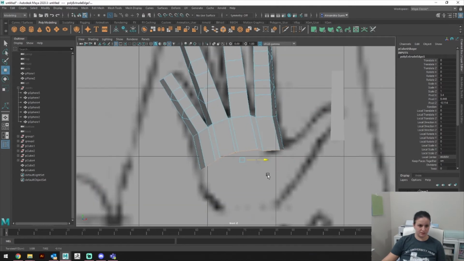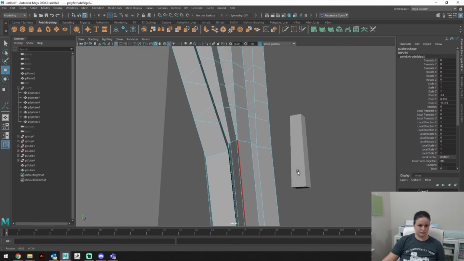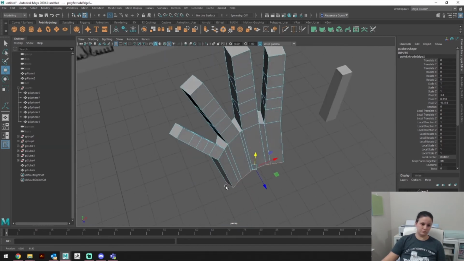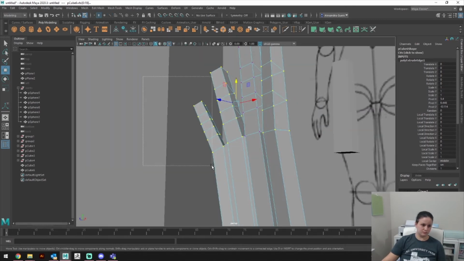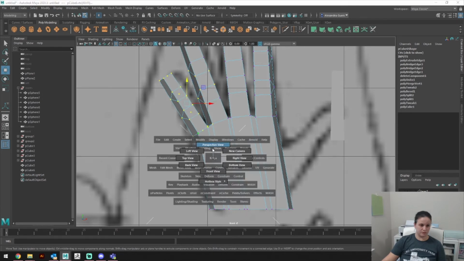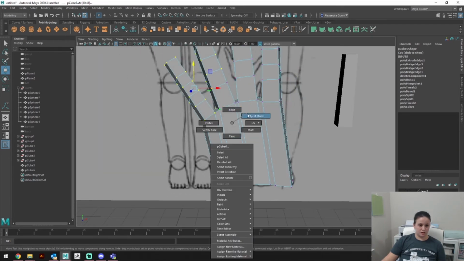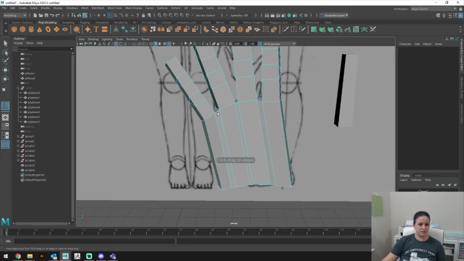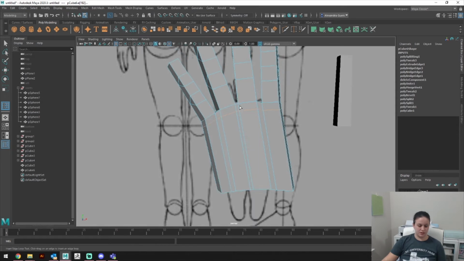Front view just to see where I'm going. And we're going to bring it down to the wrist. This pinky's kind of wrong. Oh well, that's fine. So I am also going to go to Object Mode, Mesh, Insert Edge Loop, and I'm just going to add an edge loop around where my knuckles are going to be. Now I'm going to go to Edge again,